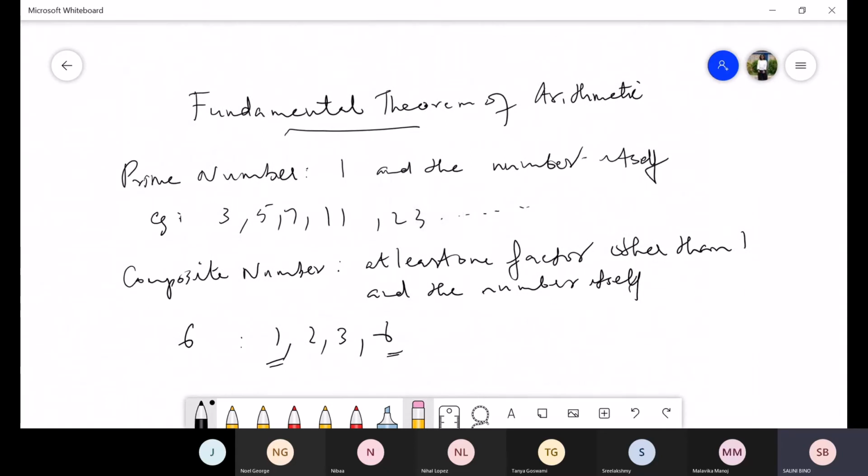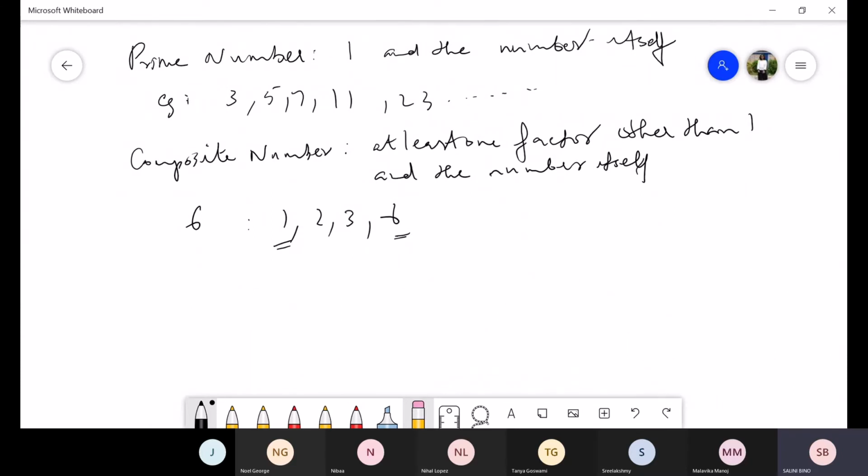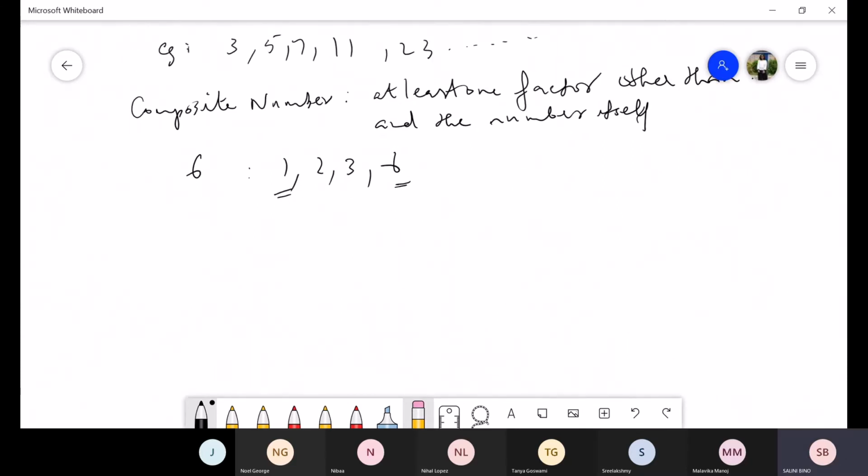It's clear, right? The difference between prime and composite. Now, you know what is the meaning of the word factor, right? Suppose if I ask you to write the factors of 12. What will you write? 2, 6, 3, 1, because 1 into 12 will give you 12. 2 6s are 12, 3 4s are 12, 6 2s are 12, 4 is also there, 12 into 1 is also 12.